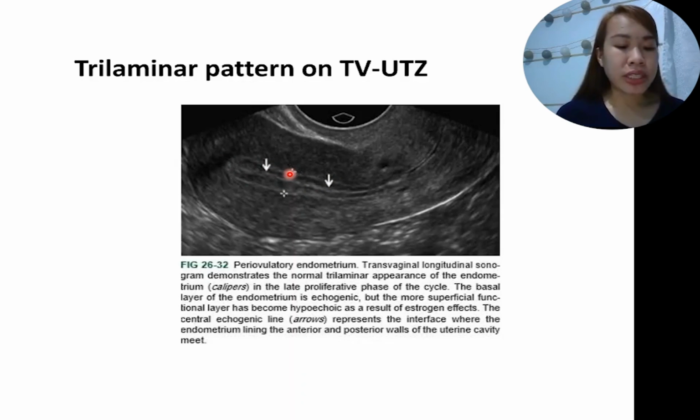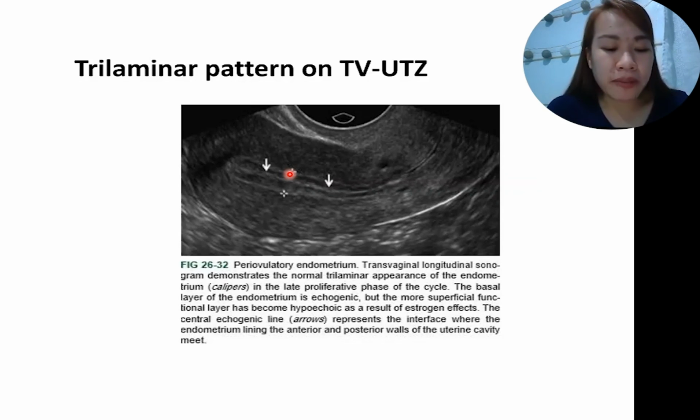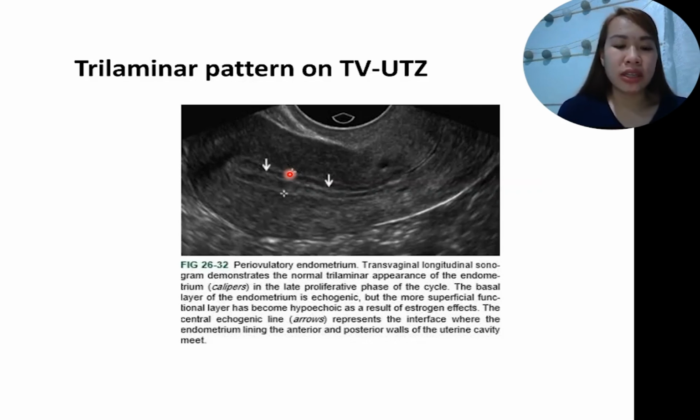So what are the other things that we should consider when talking about ectopic pregnancy, class? If there is a positive human chorionic gonadotropin hormone but no obvious uterine pregnancy seen on ultrasound, as well as if there is fluid in the cul-de-sac, we will consider ectopic pregnancy. And the presence of an abdominopelvic mass associated with a trilaminar pattern on transvaginal ultrasound. Okay, so in the next slide,